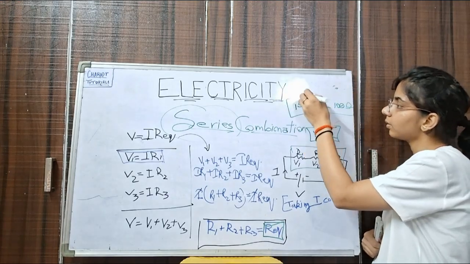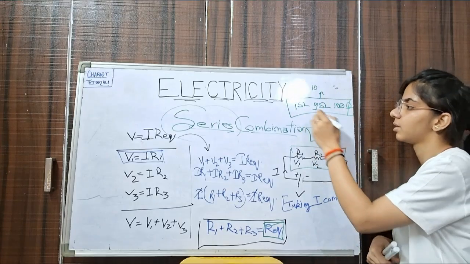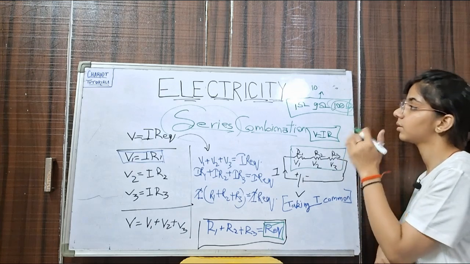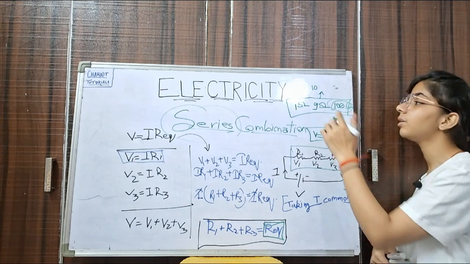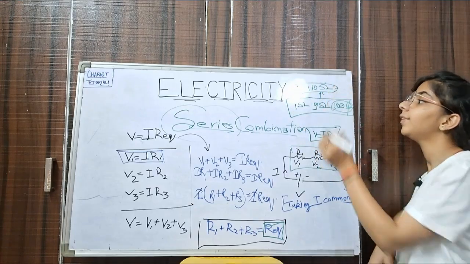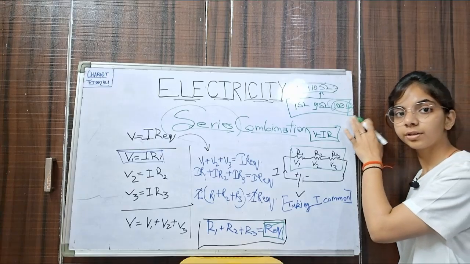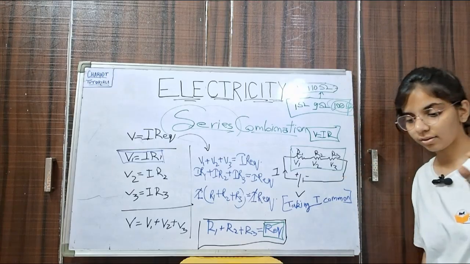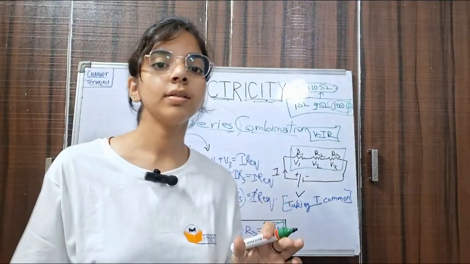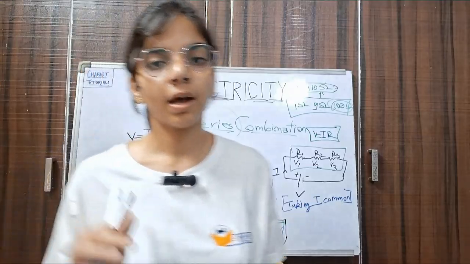So the equivalent resistance will be 110 ohm. Now see, the greatest resistance among the individual resistances is the 100 ohm, but the equivalent resistance will be 110 ohm. That is even greater than the greatest resistance of the individual resistors, right? I want to tell you that in series, this is actually a very important point and asked in exams so many times,